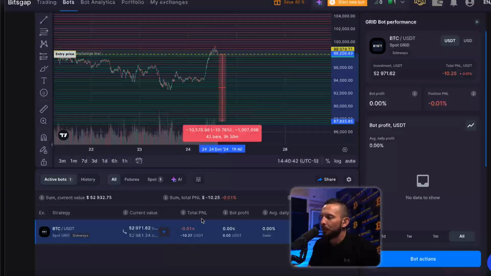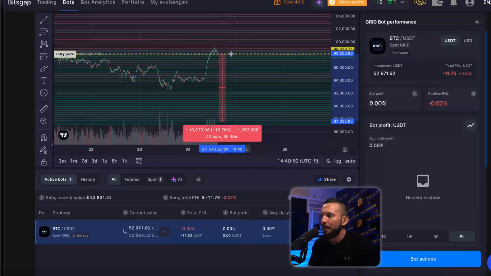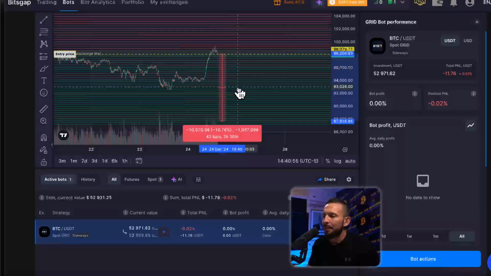Even though your bot will show your total profit and loss at a loss, that's because you have Bitcoin that you bought at a high price and it went down in value. Okay, but as soon as it goes back up and gets back above this yellow line, your bot's going to be well in the profit. And what it's going to do in between here is it's going to buy, sell